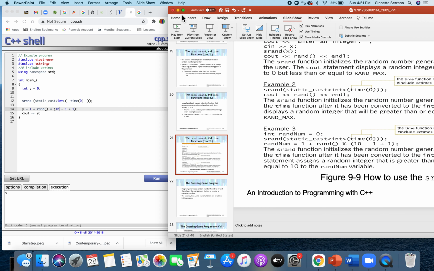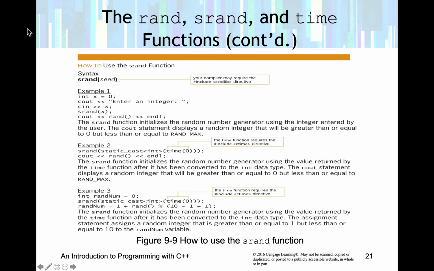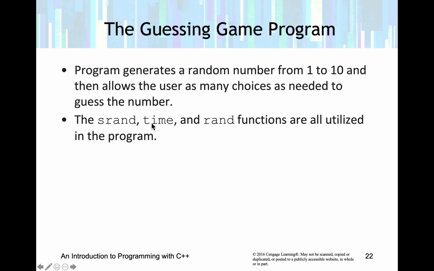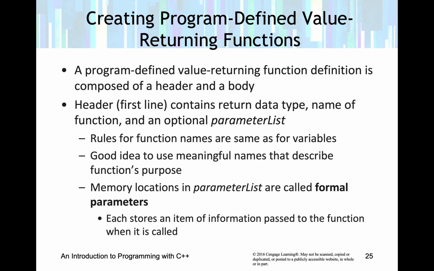And you'll use this function several times, especially later on in your program when we create some games in later chapters. So here they're just saying they have a guessing game, and the guessing game generates a random number between 1 and 10. So this is what we just did. We generated numbers between 1 and 10. You can look at this on your own, look at all the code for the guessing game. The next thing that we're going to look at is